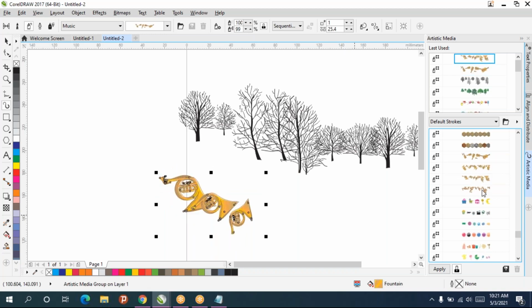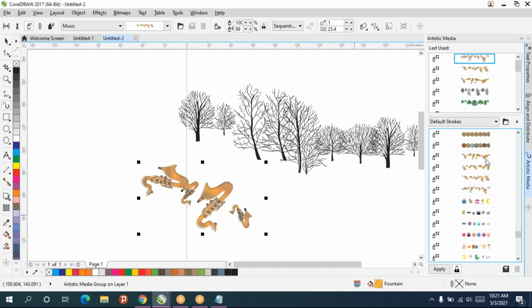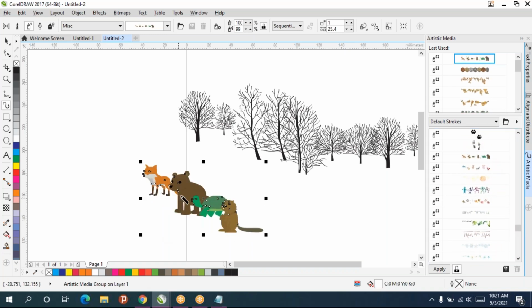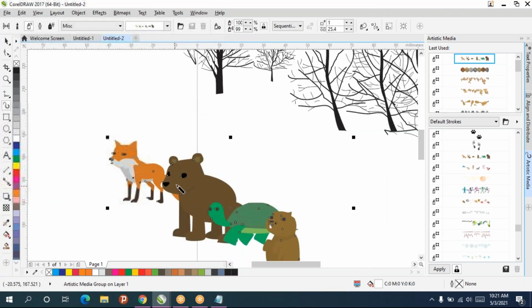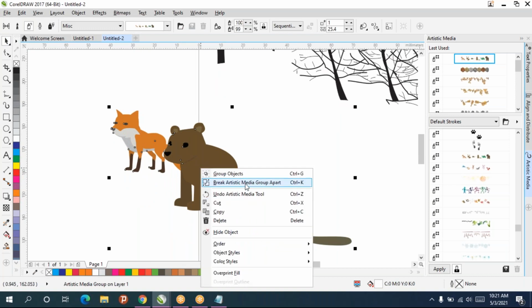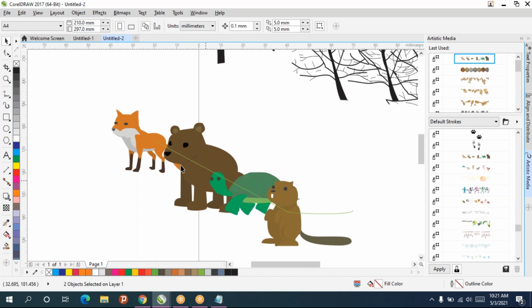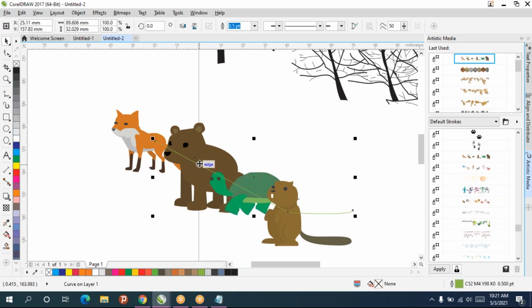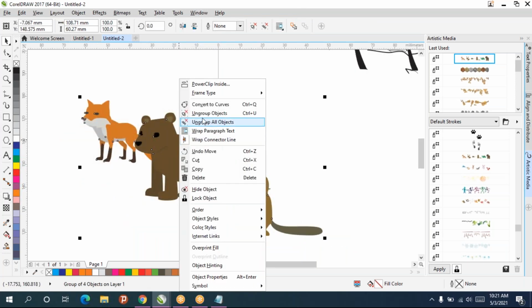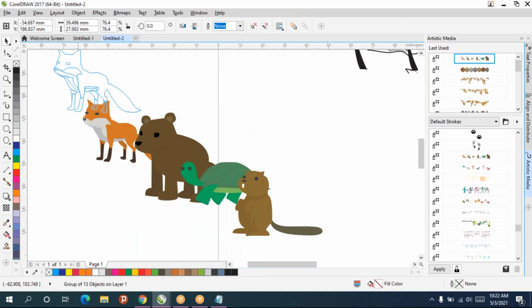So we have lots of designs. Some animal designs. See, first you have to select the object, right click, break artistic media group, which is Control K. One central line will be there. That one you can select and delete. And afterwards, right click on that, ungroup objects. Then you can move.